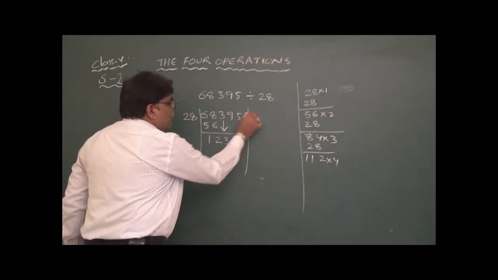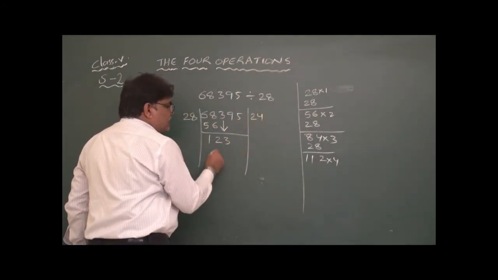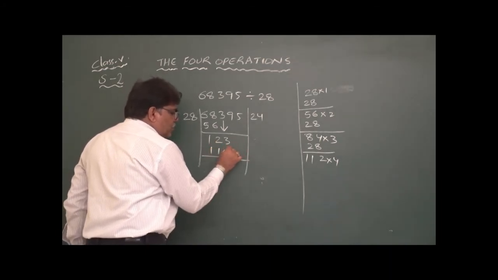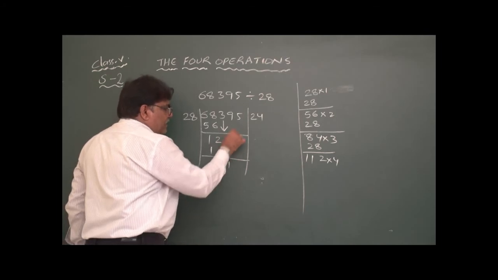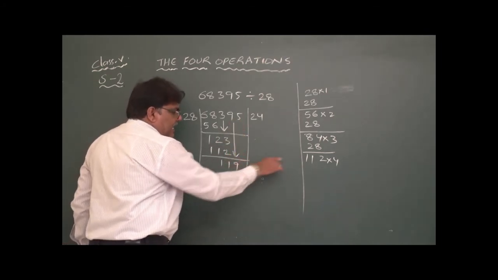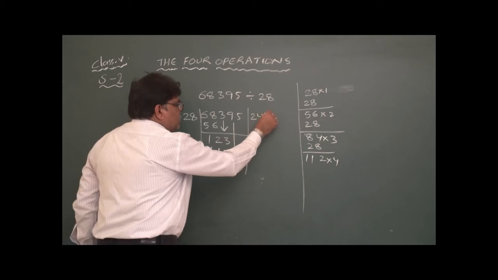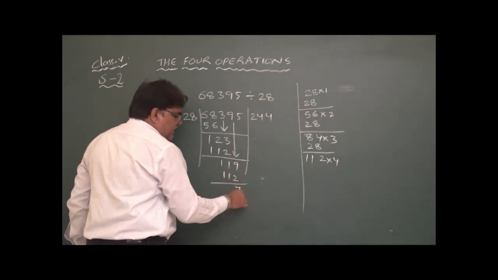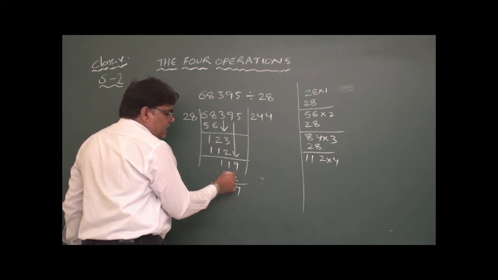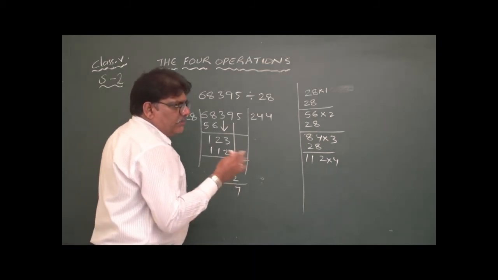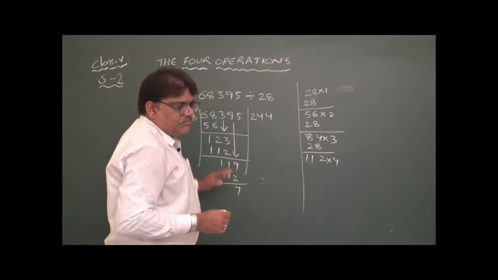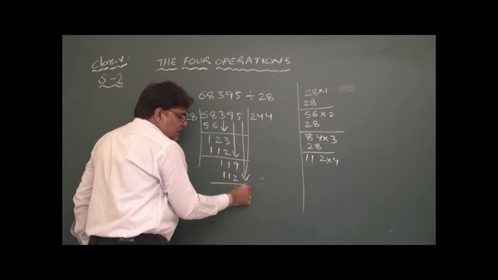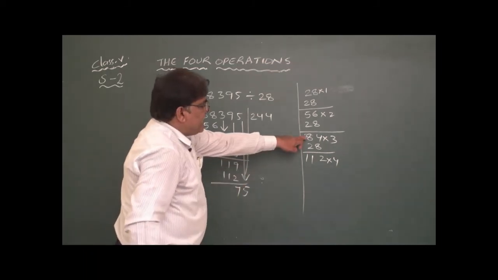So here is 4. 28 4s are 112. Again 3 minus 2, 1. 2 minus 1, 1. Carry 9. Again, because 112 is the nearest number, 4s are 112. 9 minus 2, 7. Because there is no value on the left side, there are the last numbers, so again we should take 5. 75. Is it bigger than 84? No.